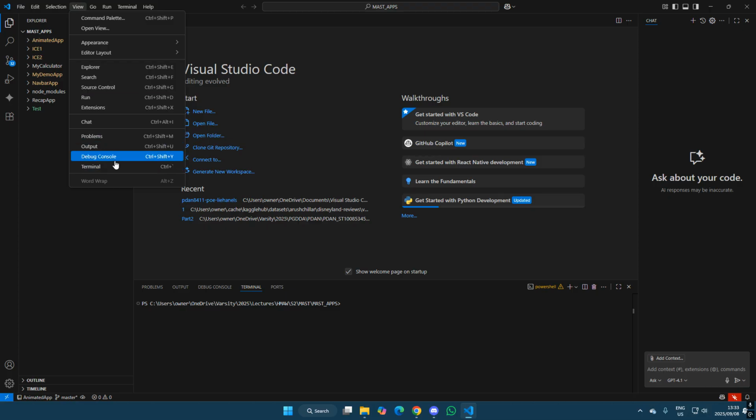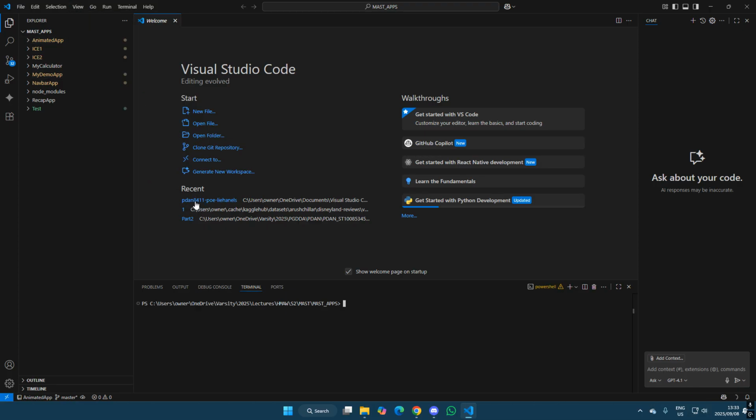So first we open up the terminal and we make sure we are in the root folder. So here we have MAST apps over there, and over there is the folder name MAST apps. So now that we know we're in the root folder, we can now type in a command,